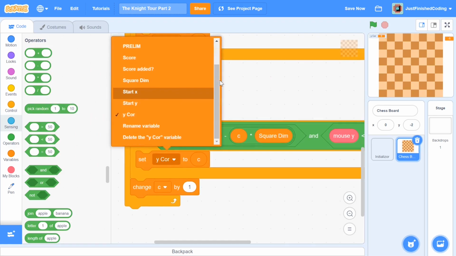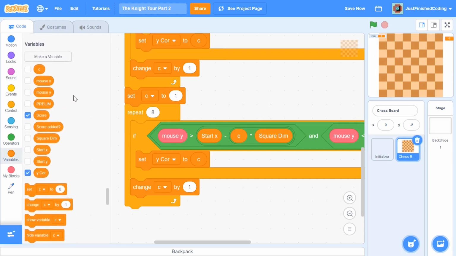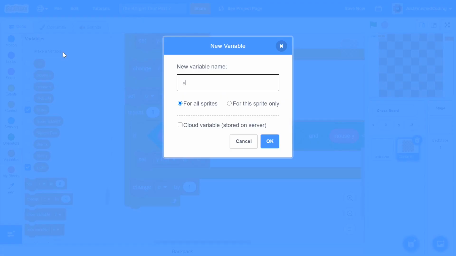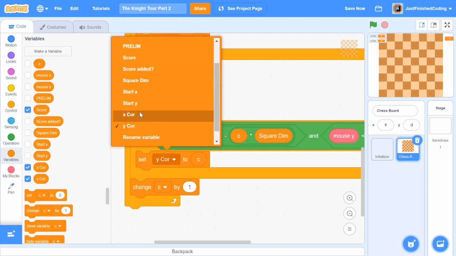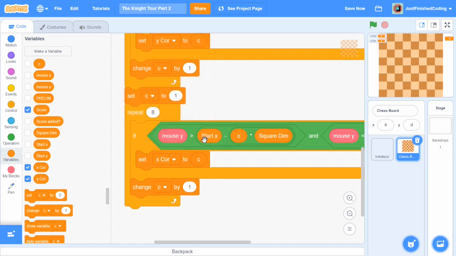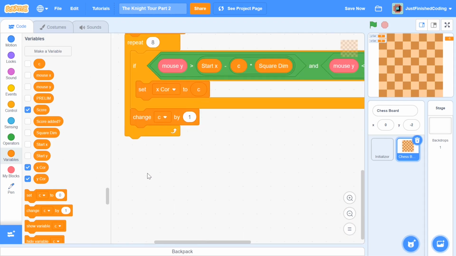So make sure you set x core to be c and not y core to be c. So I'm going to say set x core to be c. Perfect. Now once you've set up x core, things are pretty simple. Just click x core in that menu and you are done with this entire function. Now we haven't used that function yet, and that's what we'll be doing right now. So using the function is going to be very, very easy.